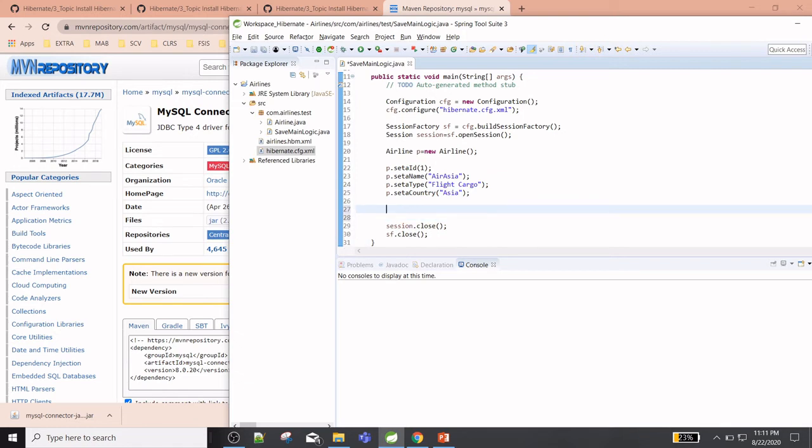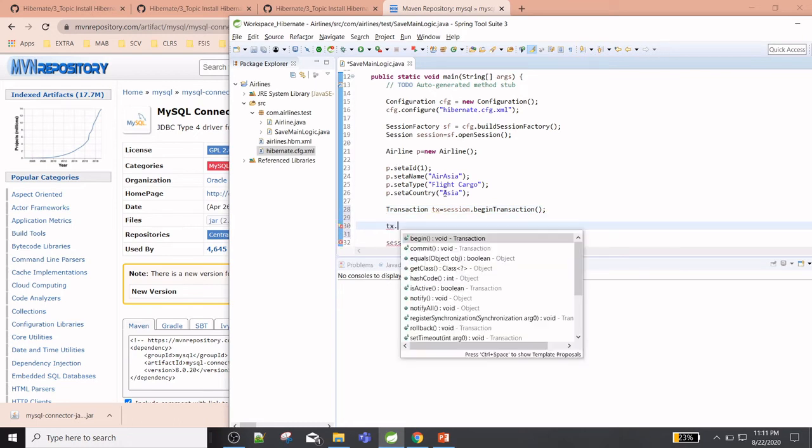As we have already discussed, we need to use the transaction. If you are using insert, update, delete, then we require a transaction. Session dot begin transaction, and we need to commit, tx dot, not close, it's commit.